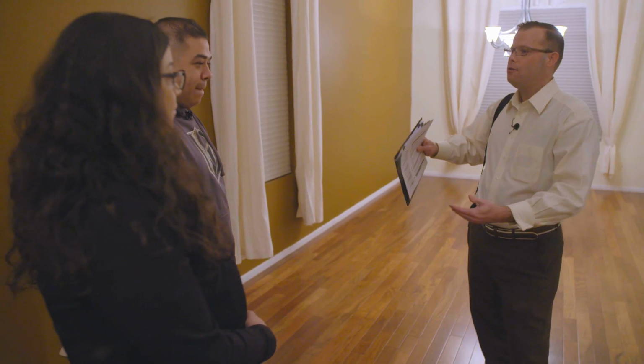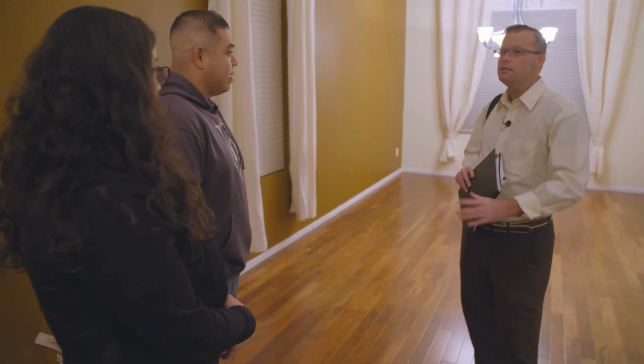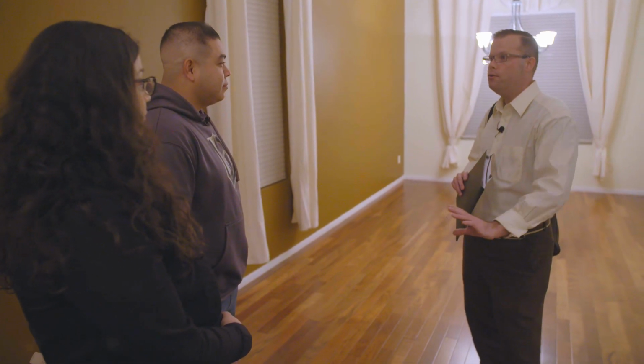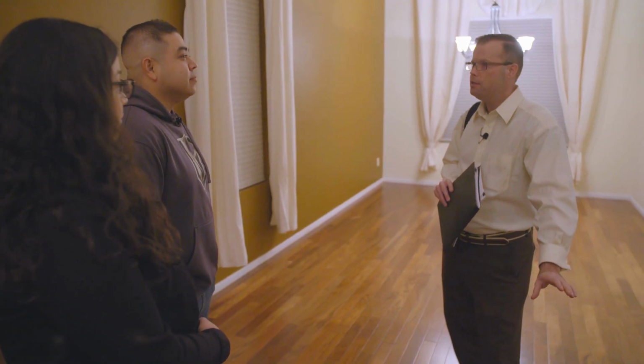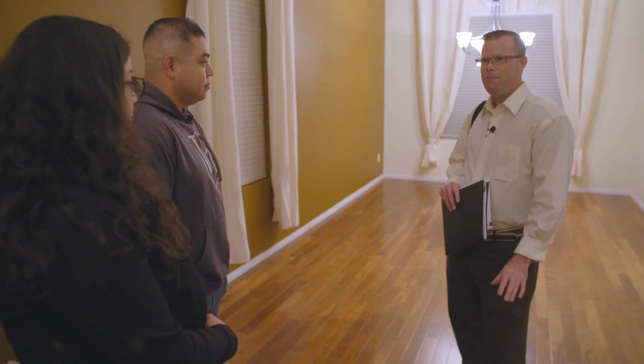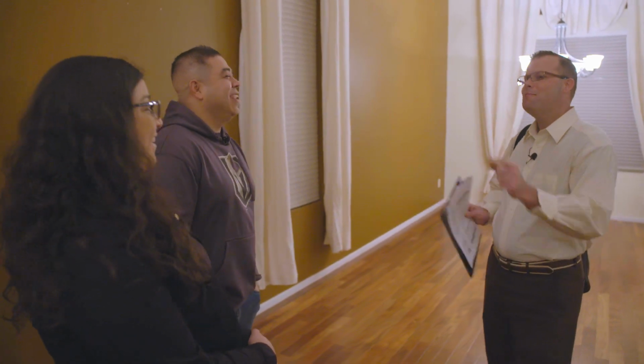So if we take a look around, what I'd like to do is turn on all the faucets, look underneath all the sinks just to make sure there's no new issues that were reported in the home inspection, and make sure that everything is good to go. Ask any questions that you may have, and we'll tour the house. And if you want to get excited, it's okay. But one last thing